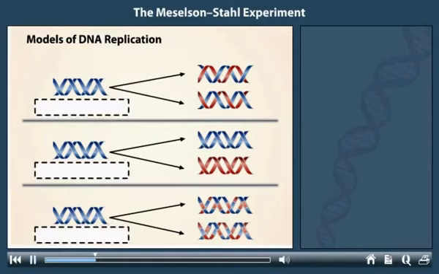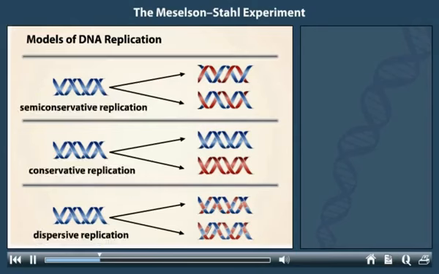From your knowledge of DNA replication, drag the correct names to the three models of DNA replication. Although Watson and Crick proposed the model of semi-conservative replication, at the time no evidence existed to prove that this model was correct. To solve this problem, the scientists Matthew Meselson and Franklin Stahl designed an experiment to test Watson and